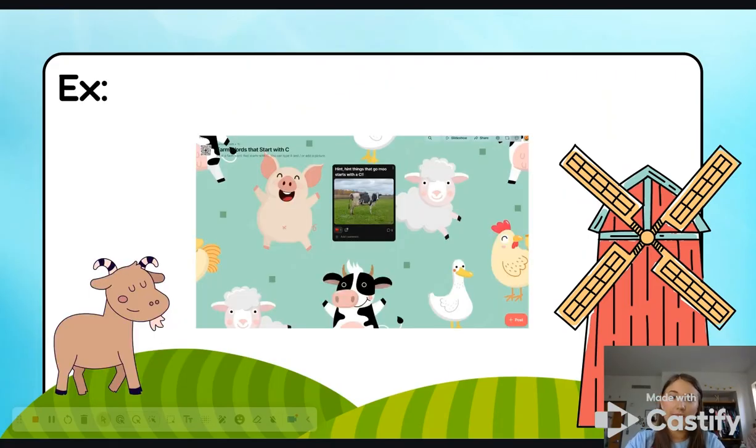So this was my example of what I made. Miss Ray would have made the post that says, post a farm word that starts with C. And so she posted an example, which was a cow. And so the students would be able to log into this Padlet and also post something that starts with a C. And that's making sure that they can recognize that this word starts with a C and is related to farm animals. Or it could have been things like plants, of course, like we have corn and things of that nature as well.